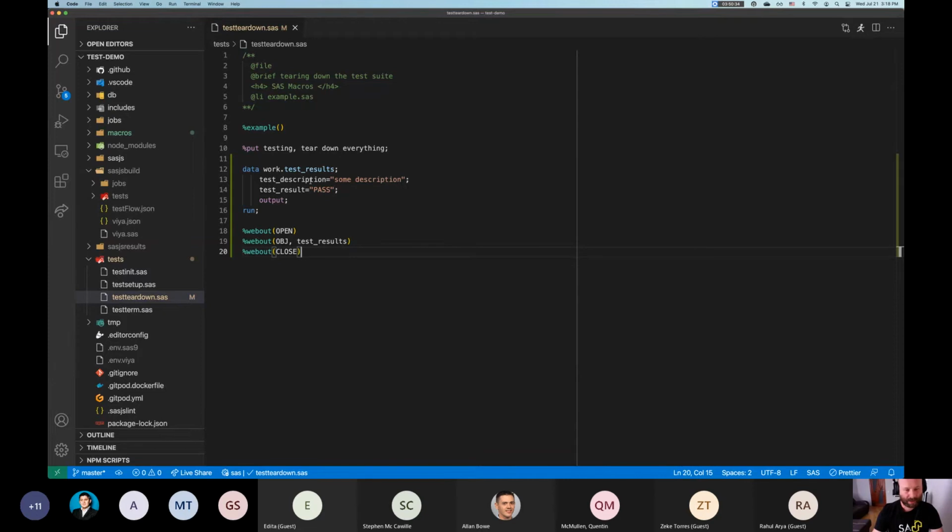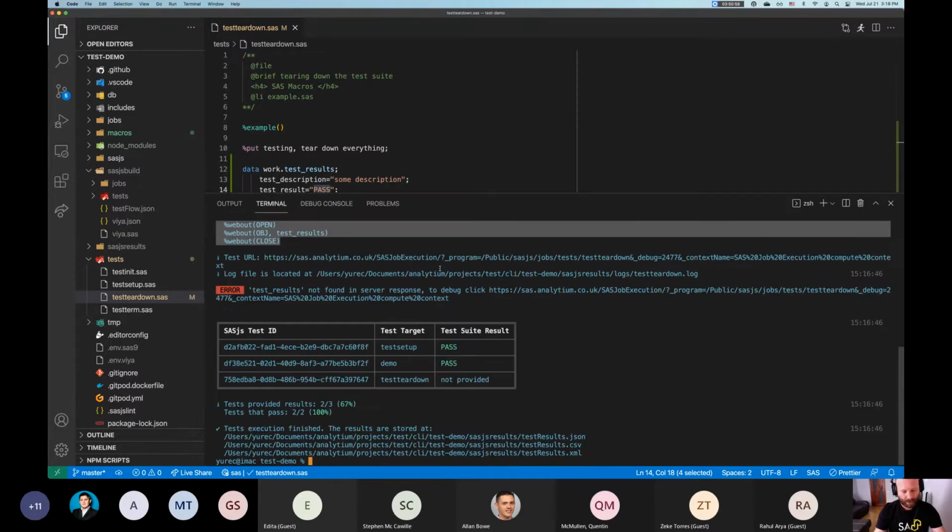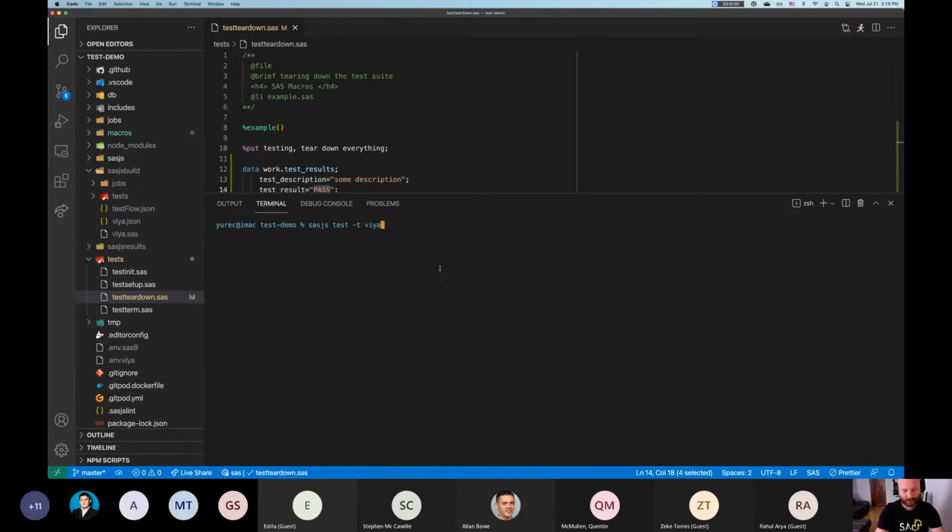So basically what I did right here, I manually decided if the test passed, and the SASjs test command expects two possible outputs for the result, pass or fail. So you need to manually decide if your test case passed or failed, and you can also provide a description. All right, if I recompile my project and redeploy it using the cbd command, compile, build, and deploy, and target viya,